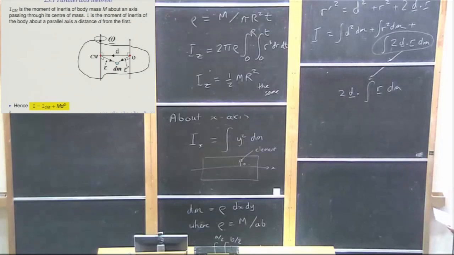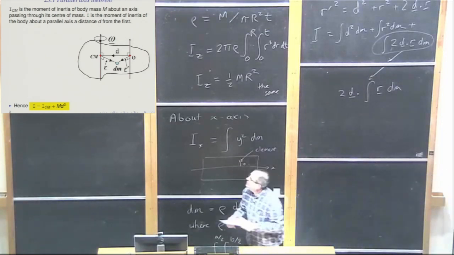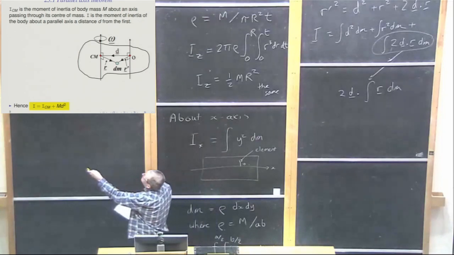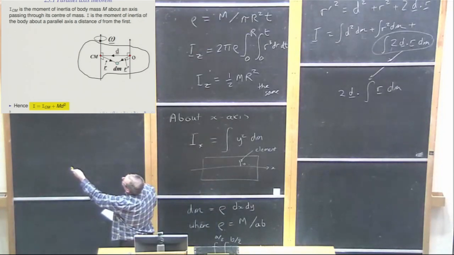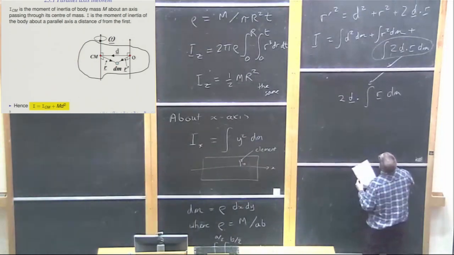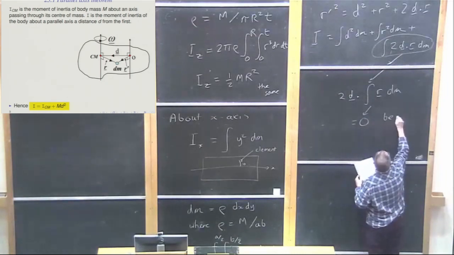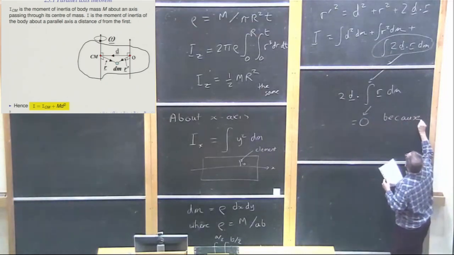And you look at this and you say, well, r dm, we're integrating over the mass-weighted distance from the centre of mass. And we know that is 0